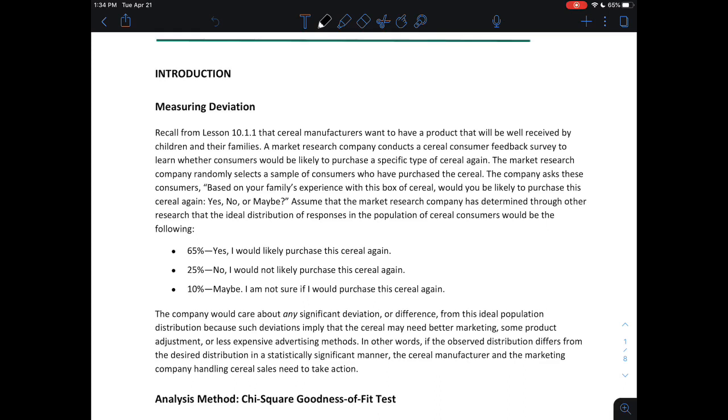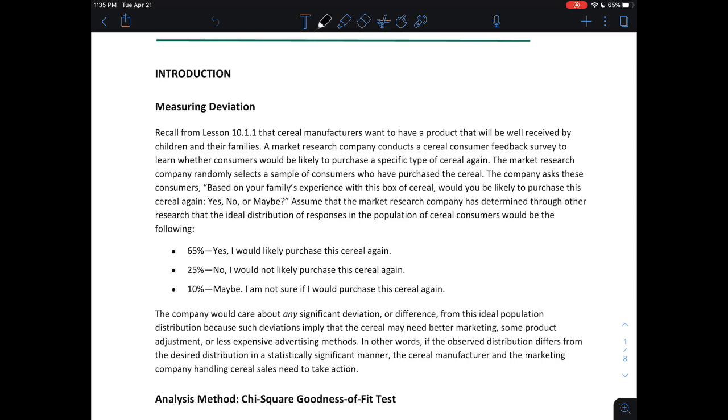Assume that the market research company has determined through other research that the ideal distribution of responses in the population of cereal consumers would be the following: 65% saying yes, I would likely purchase this cereal again, 25% saying no, I would not likely purchase this cereal again, and 10% saying maybe, I am not sure if I would purchase